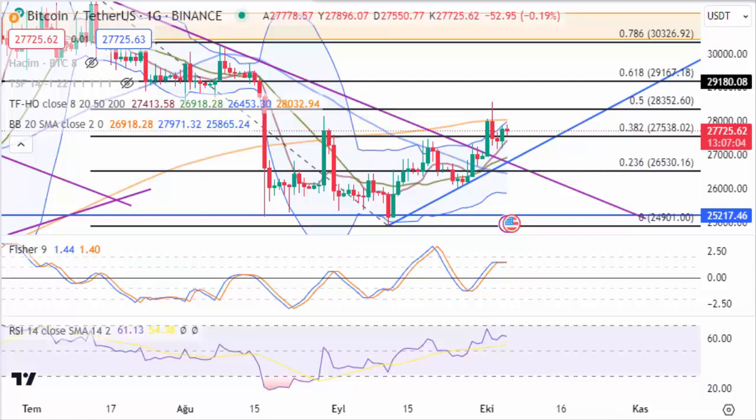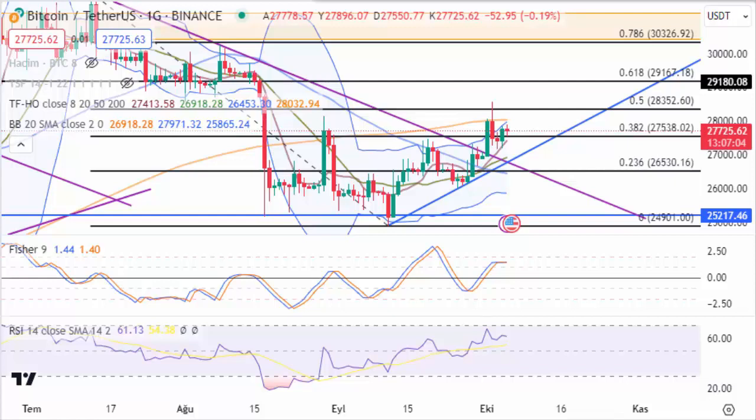Now, let's look at the Bollinger Bands. The price is currently trading above the middle band, suggesting that it could continue to rise as long as it stays above this level. Continuing with Fibonacci levels, we draw a Fibonacci retracement from